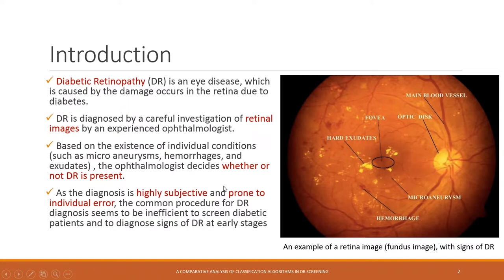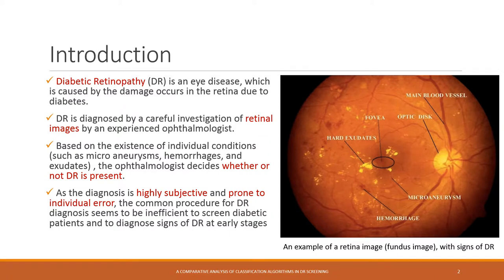So the first question here is, what is diabetic retinopathy? In most cases of patients with diabetes, due to the high level of blood sugar, diabetic retinopathy will happen as damage to the retina of the patient's eye, which can eventually lead to blindness. Therefore, not only can diabetic retinopathy be an important sign to diagnose and follow up the progression of diabetes, but by itself it is a dangerous disease that should be diagnosed in earlier stages and fully treated to prevent